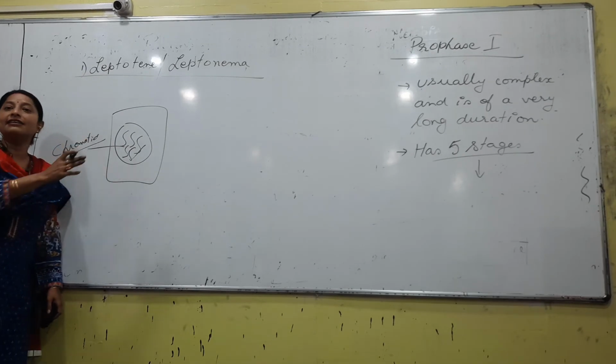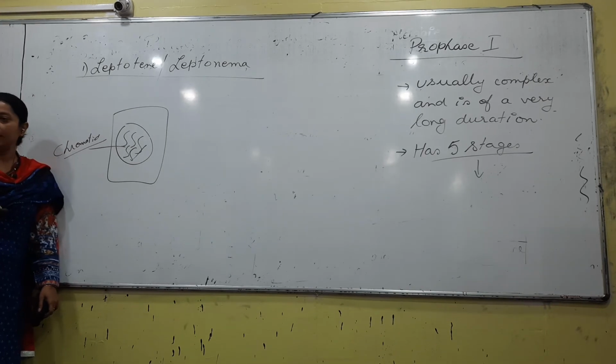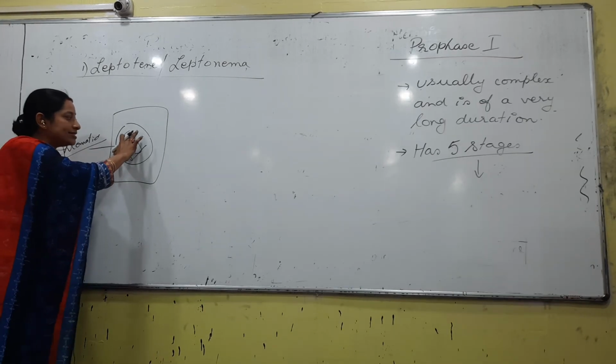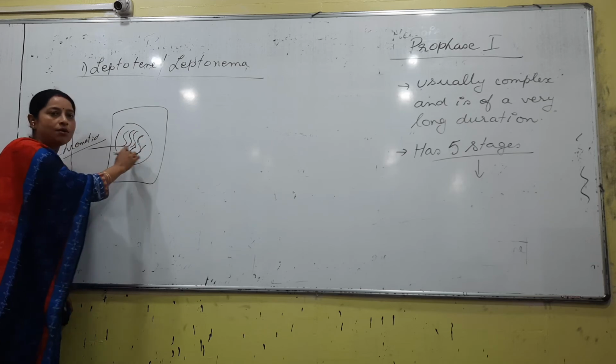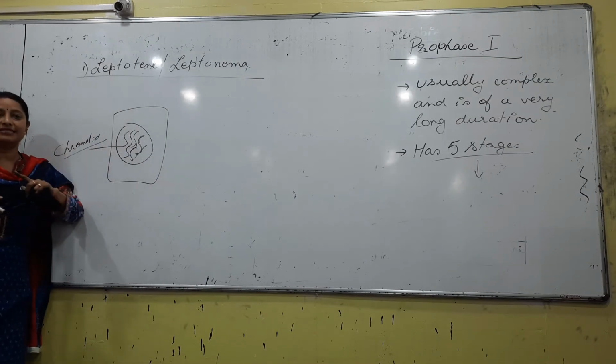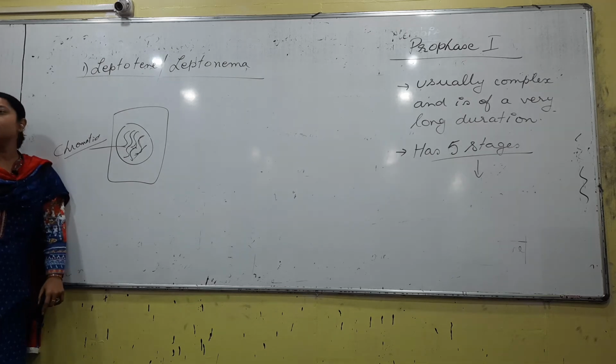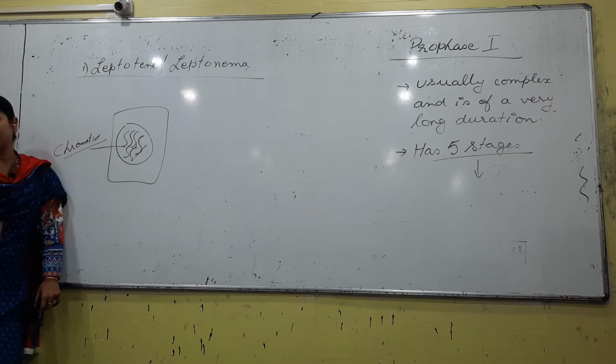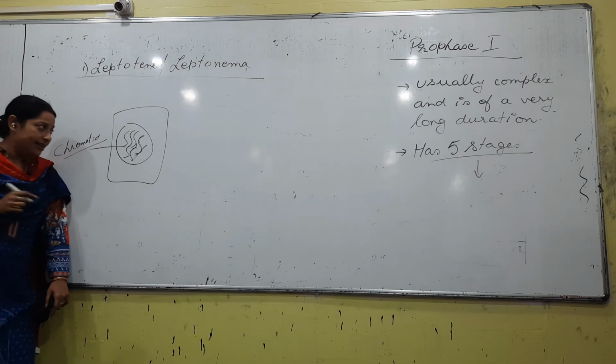Right, so at the starting point what we will see is the genetic material in the form of thin threads. As the name suggests, leptothin means thin threads. That word is more than sufficient; if you know the meaning, then you understand the genetic material will appear in the form of a thin thread. Later or gradually, these thin threads start